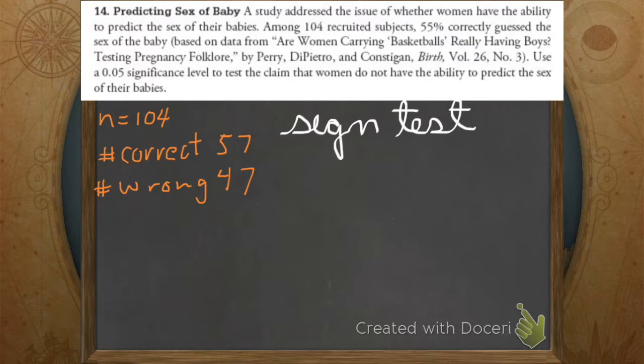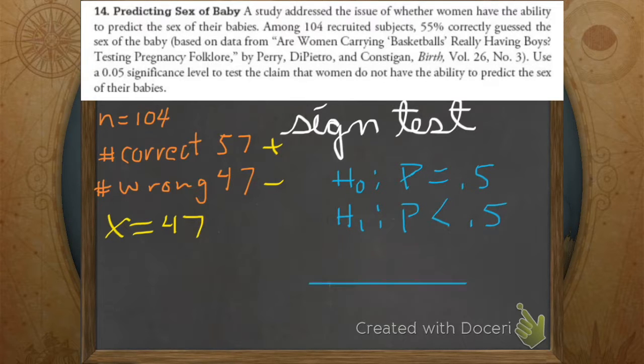Okay, so we're looking at the sign test. All right, that says we're going to say plus is correct, wrong is minus, and then our x is 47 because we take the smaller of 57 and 47. When we take the smaller of 57 and 47, we're testing whether or not the proportion is,